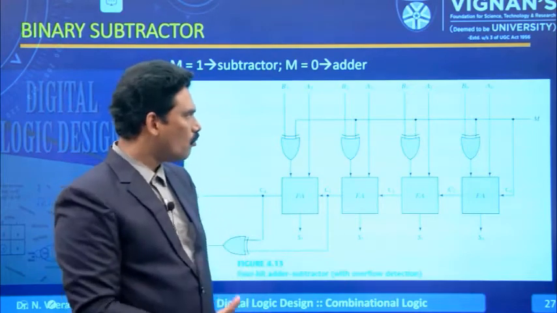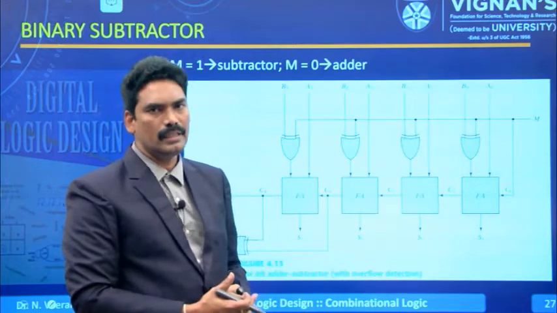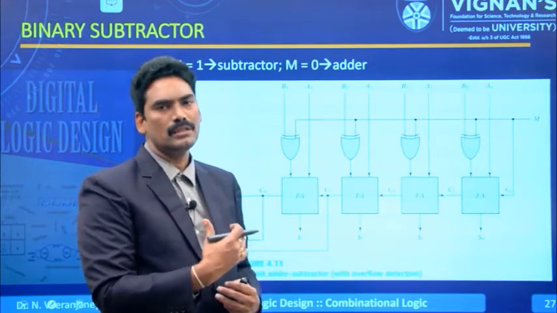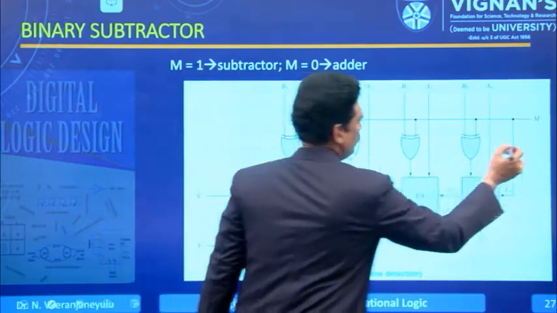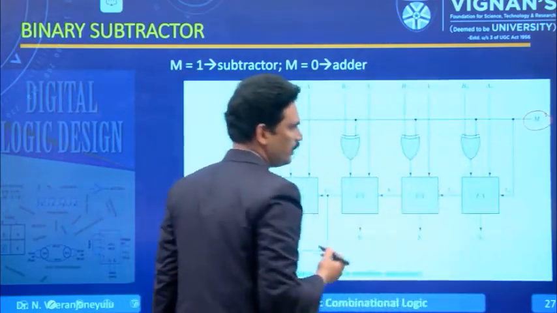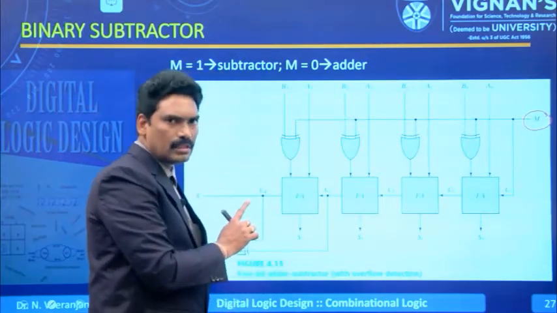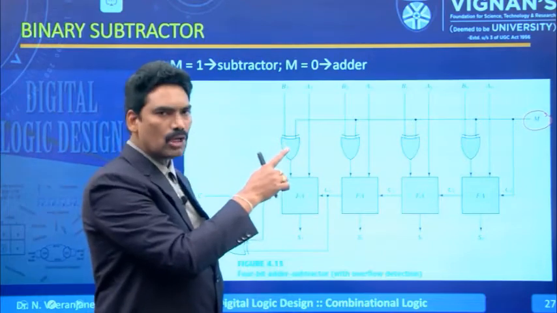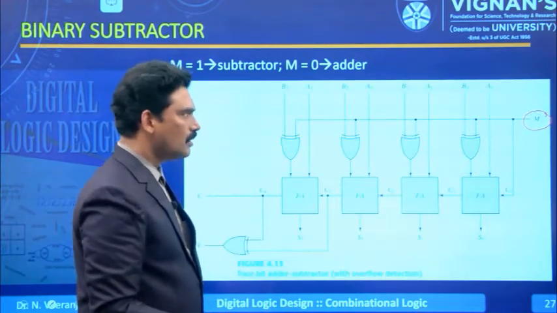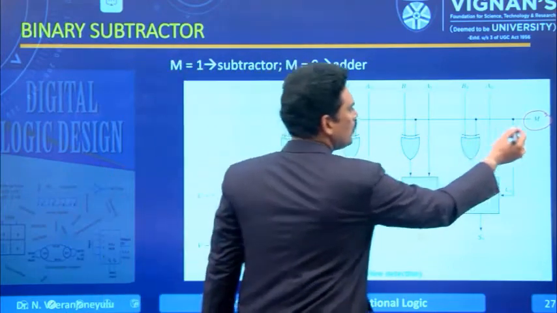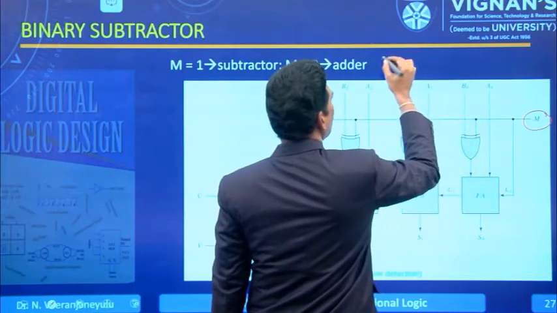So first I am going to discuss the adder in this, and then we are going to discuss the subtractor. Here we are adding one additional input, that is M. If M is equal to 0, it acts as an adder. If M is equal to 1, it acts as a subtractor. How does it perform? If M is equal to 0, suppose you consider A